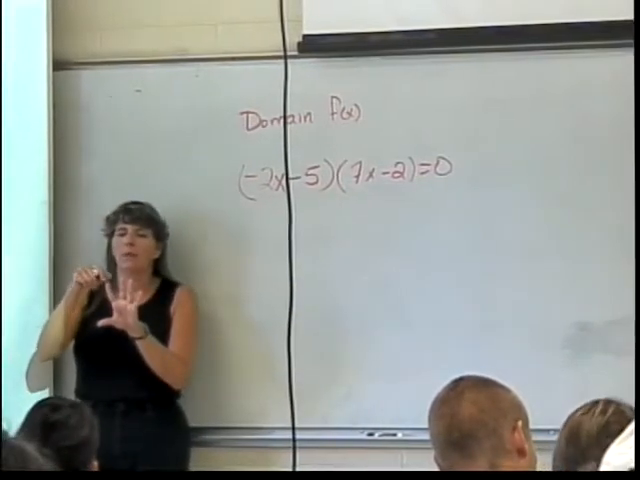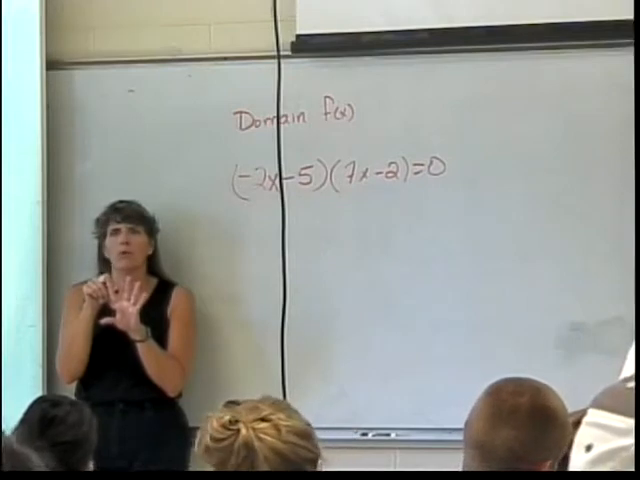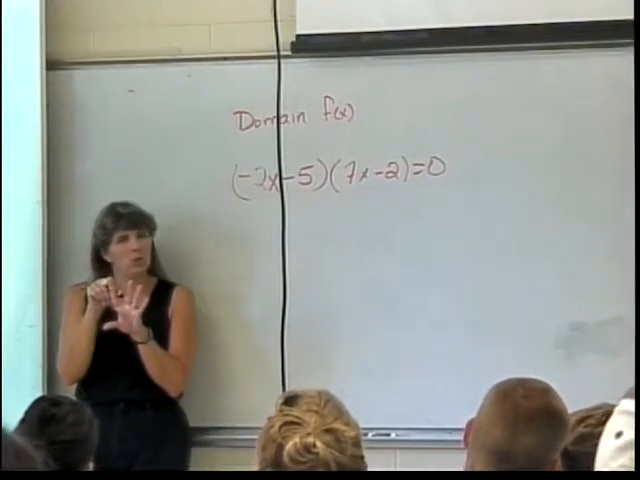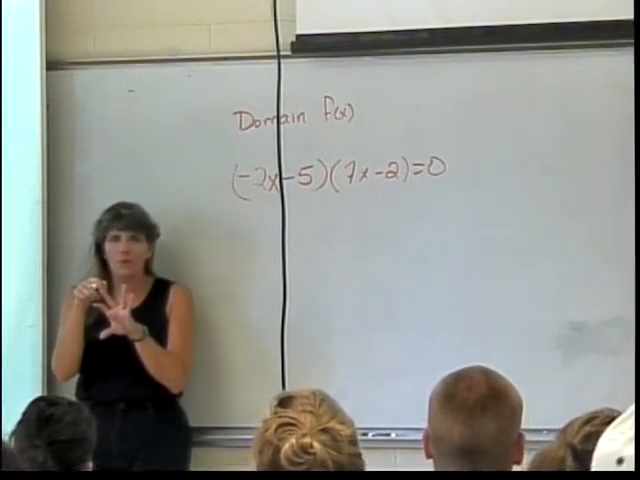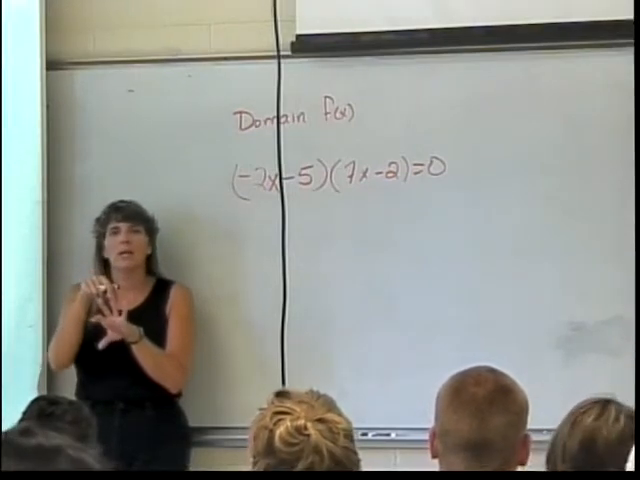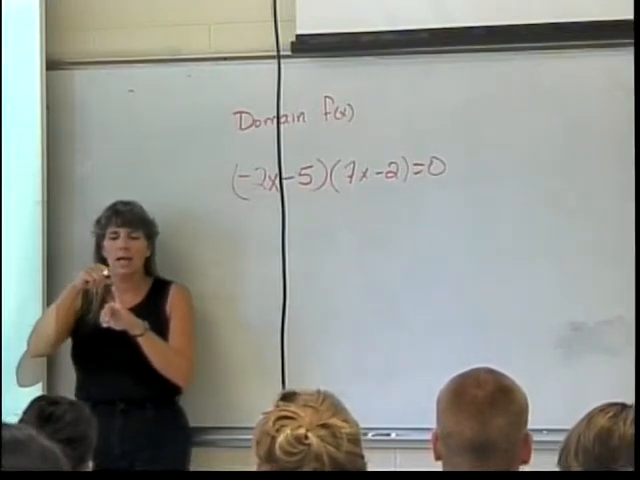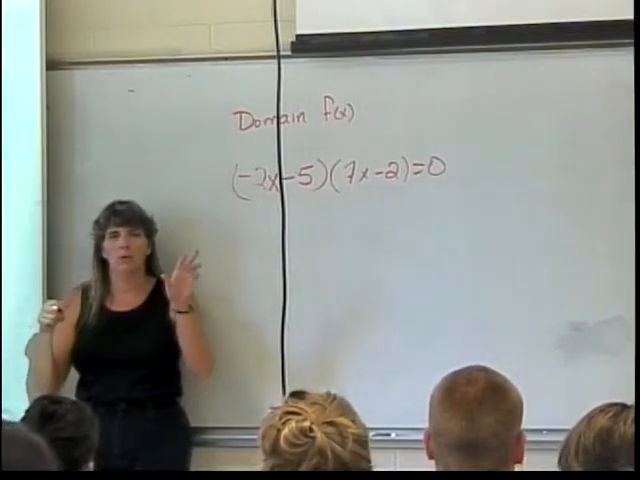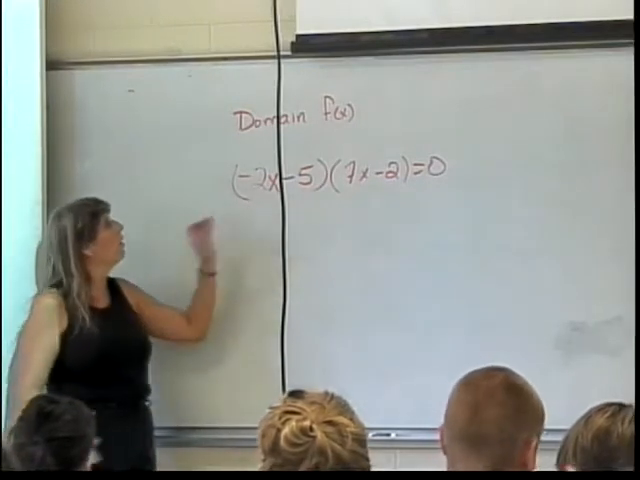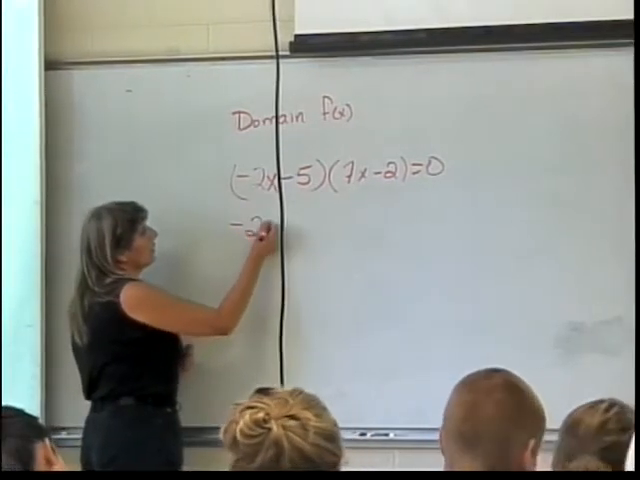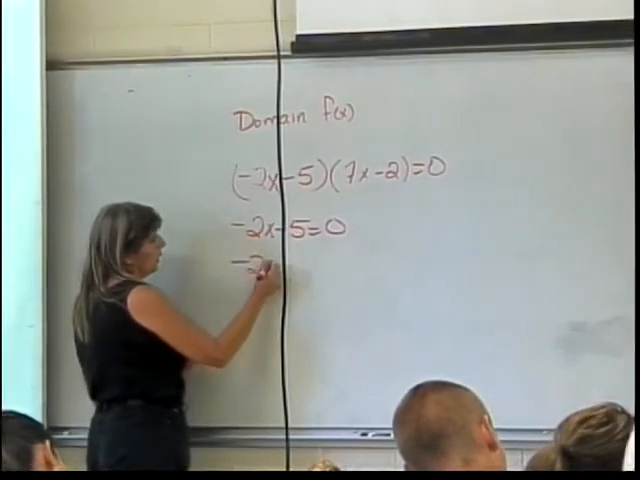Now, the next question in your domain questions is, is there a square root or an even root? Rational functions will never have those. Is there a logarithm or natural log? Rational functions will never have those. Did we get this by finding an inverse? We are not dealing with inverses in rational functions. And is this a real world problem? Well, we might run into one of those, but for the most part, this is the only thing we have to deal with. So, I now have my negative 2x minus 5 equals 0, which gives me negative 2x equals